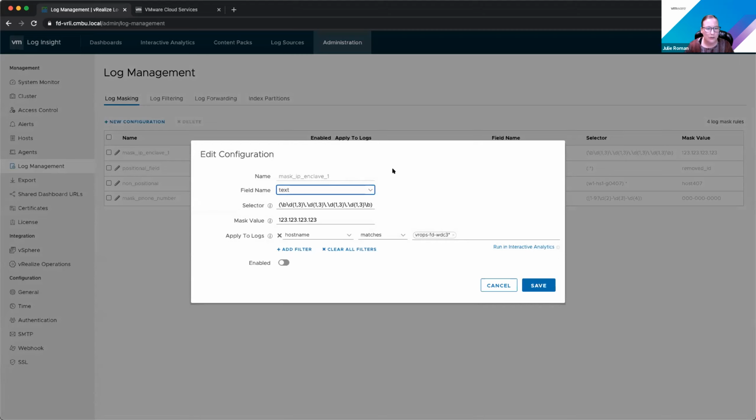So they wanted to mask the IP address. So you could do that. And then they named it so that they knew how to reverse engineer and look up that IP address if needed on the back end, but they didn't want that to be available to everyone who could search the platform.